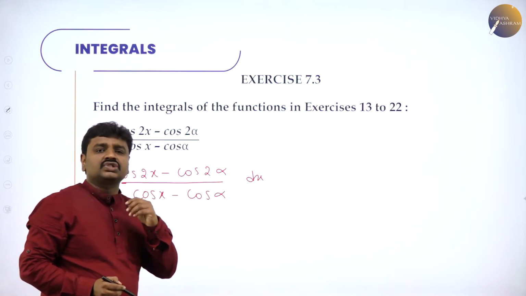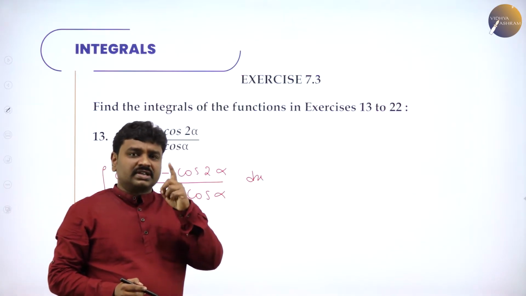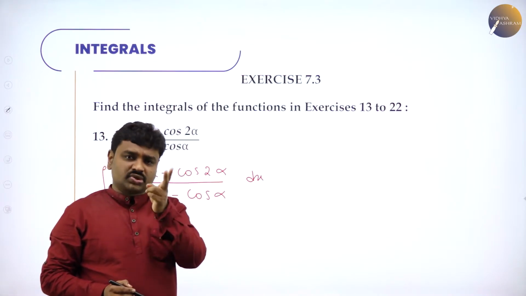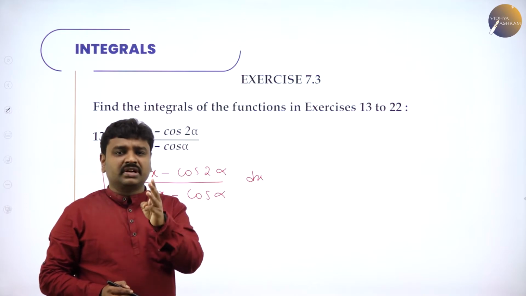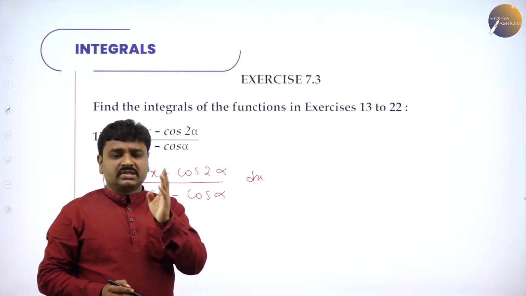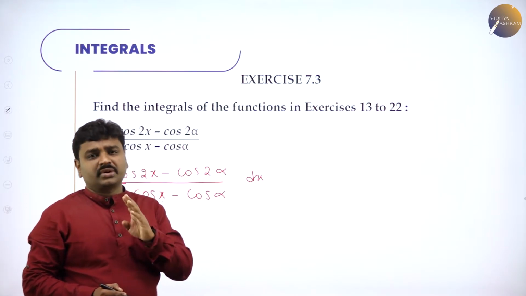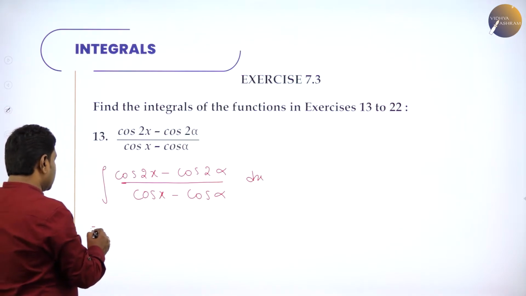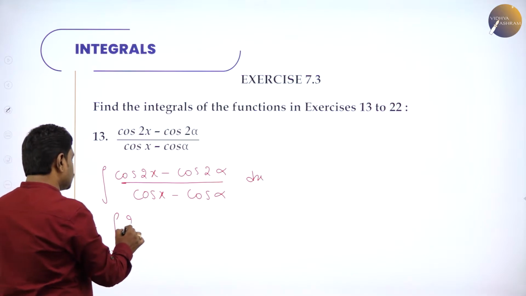So you can write cos 2x in four forms. Cos 2x can be written as cos square x minus sin square x. Cos 2x can be written as 2 cos square x minus 1. Cos 2x can be written as 1 minus 2 sin square x. And the same cos 2x can be written as 1 minus tan square x by 1 plus tan square x. Now because the denominator is cos x, I'll write cos 2x as 2 cos square